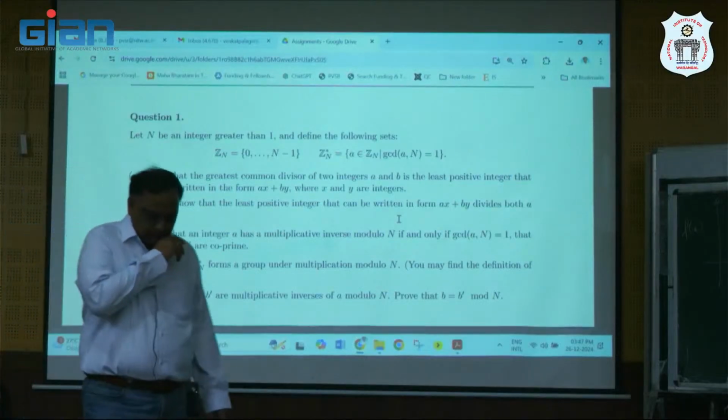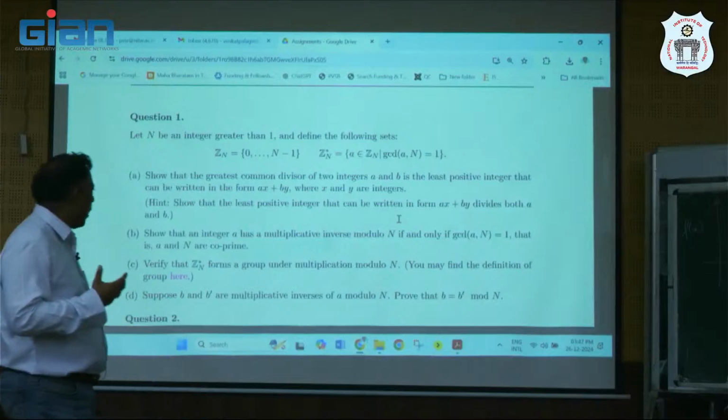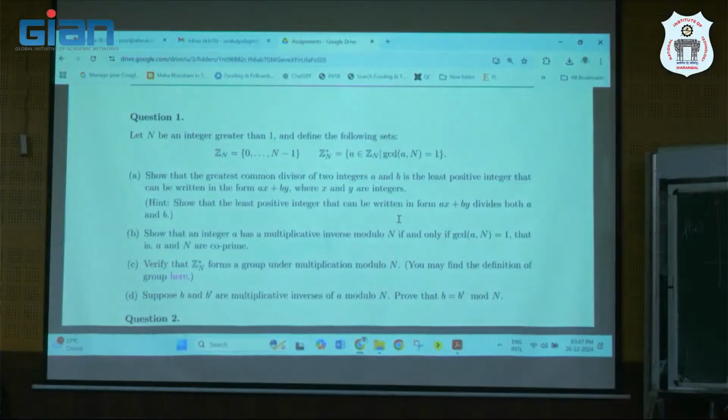So we wanted to argue that G star n is a group under multiplication, correct? So let's try to do that slowly one by one, okay? First thing, let's try to argue